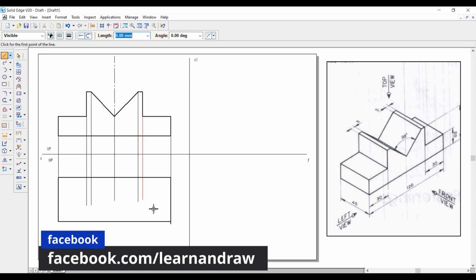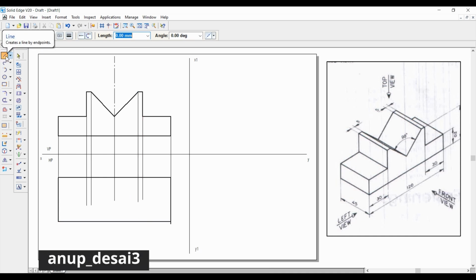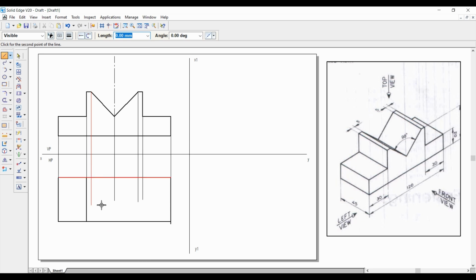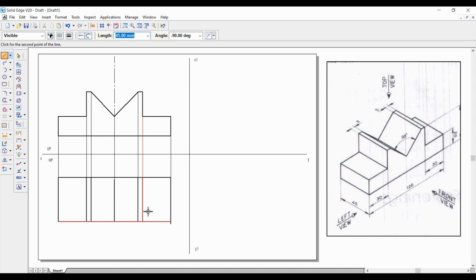You have to select all the lines and join them to the bottom. Now this completes the top view.